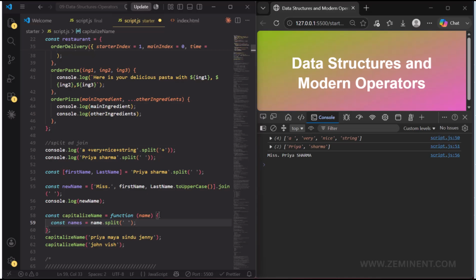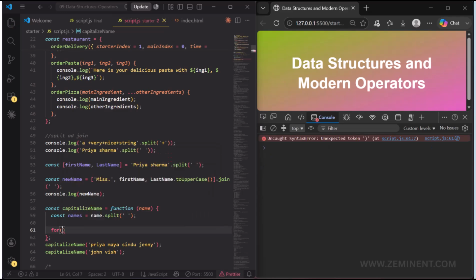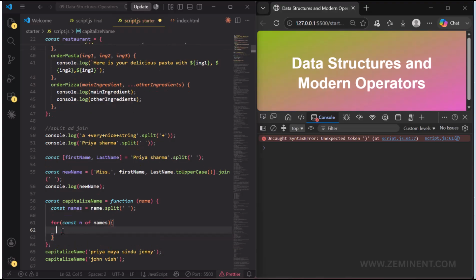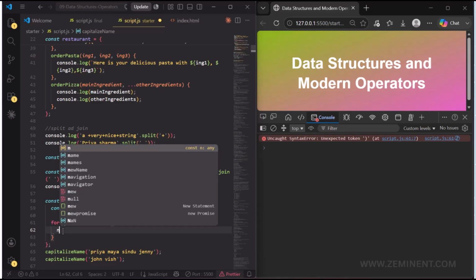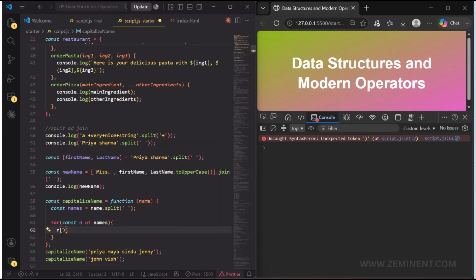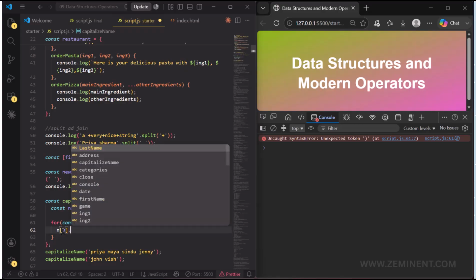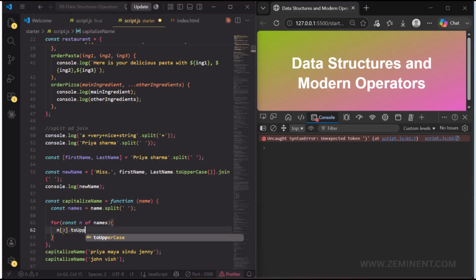Now this will be an array, and now we can loop through it using a for of loop. Write for, and in this for of loop, write const n of names. And so now here we will capitalize the name. For that we have to do the individual name. So let's write n of 0th element dot toUpperCase